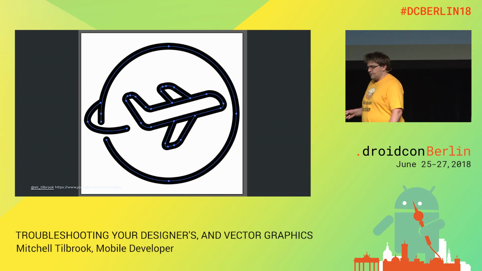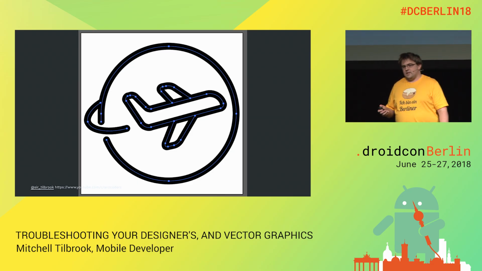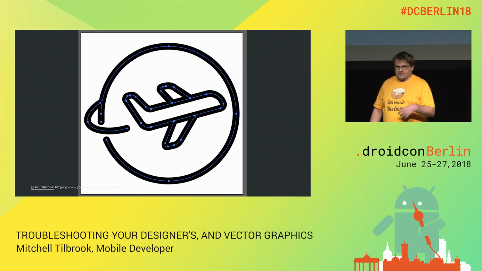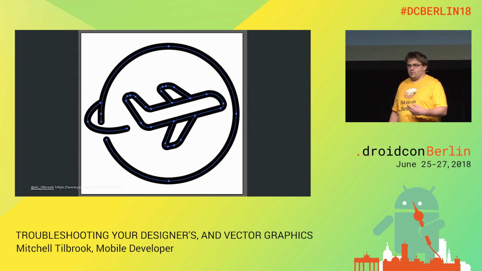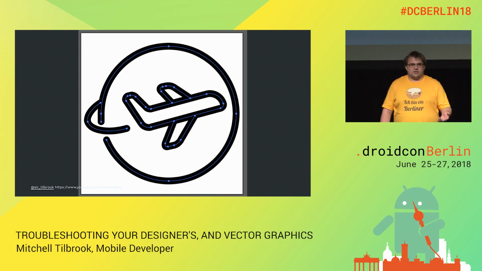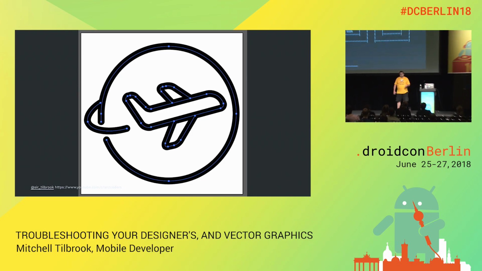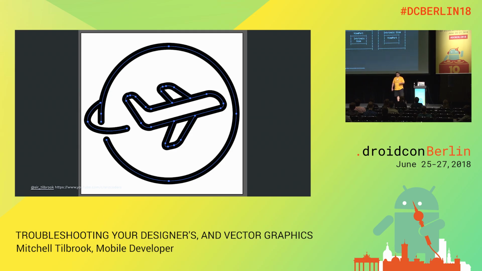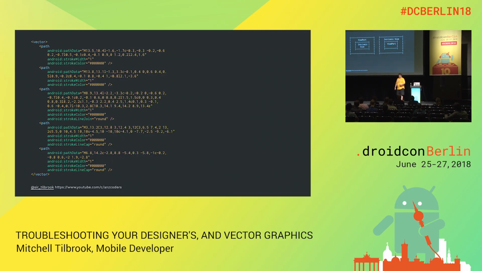The next thing to look at is our viewport. So if the intrinsic size is the default size that we specify, or in the layout is the size, then how does the viewport become matched? Because the viewport is the coordinate system that we're drawing our vector drawable in. And the way in which this works is that the viewport will scale the path data to match either the default intrinsic size or the intrinsic size that we provide in our layout. So in this case, if I say that my icon